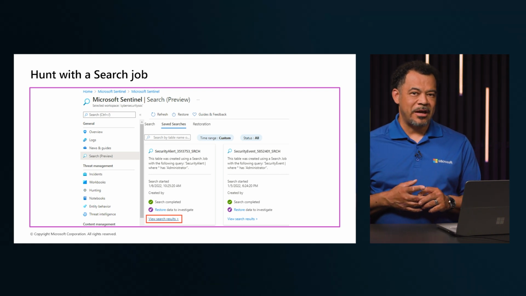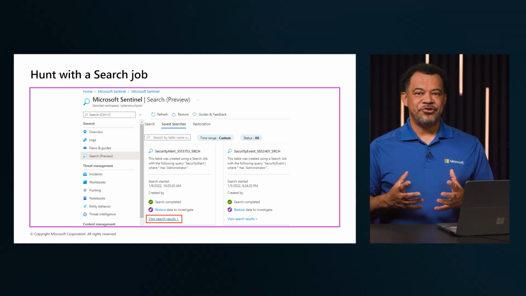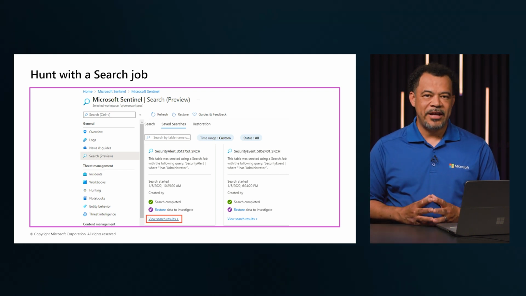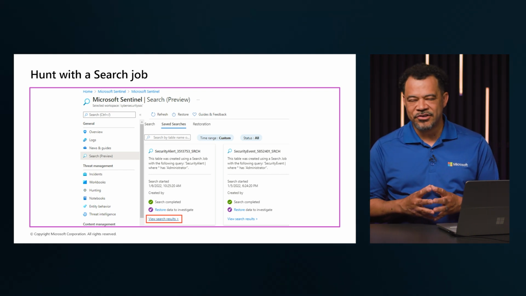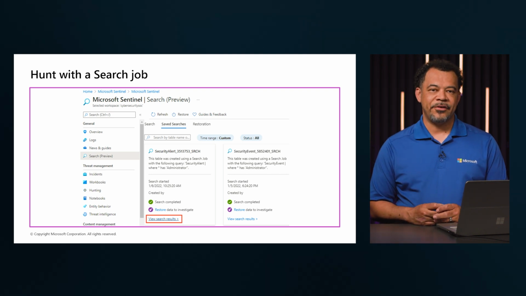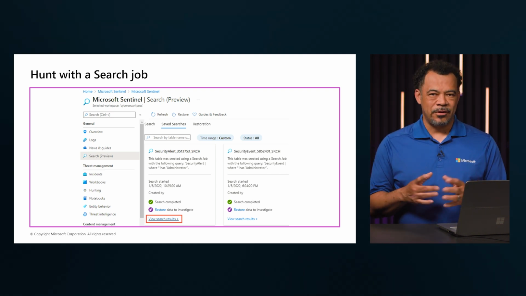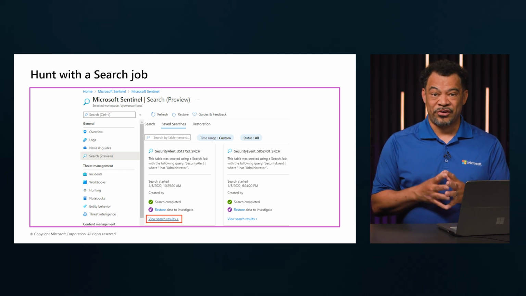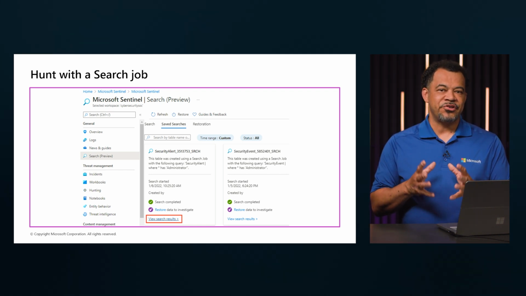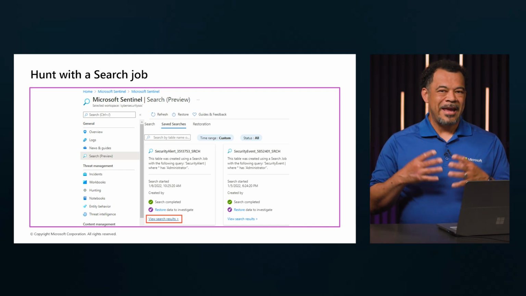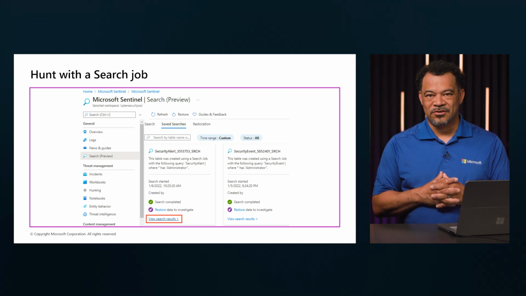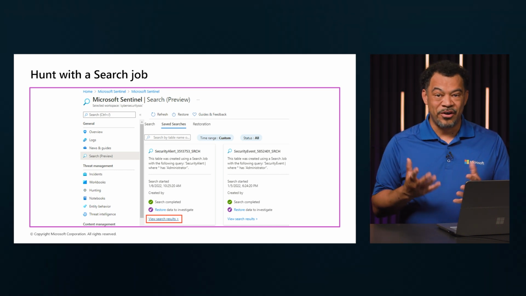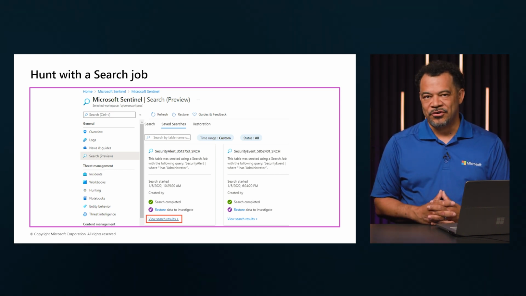Microsoft Sentinel search jobs are a feature that allows you to run large-scale, on-demand queries across your data for threat hunting, investigations, or historical analysis. Unlike standard log queries that are limited by timeouts or resource constraints, search jobs are designed for deeper and more resource-intensive searches that can run in the background and return your results even after extended durations.